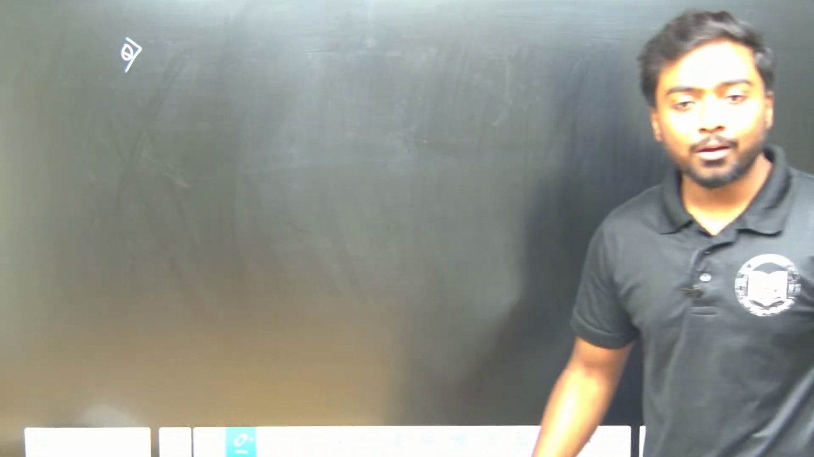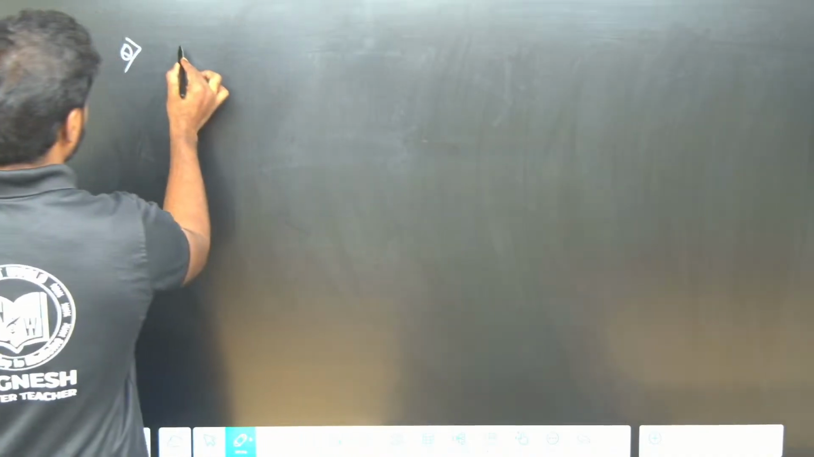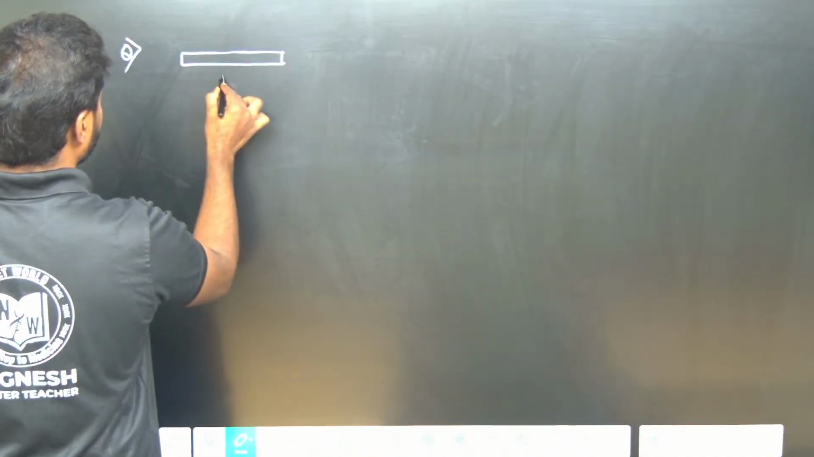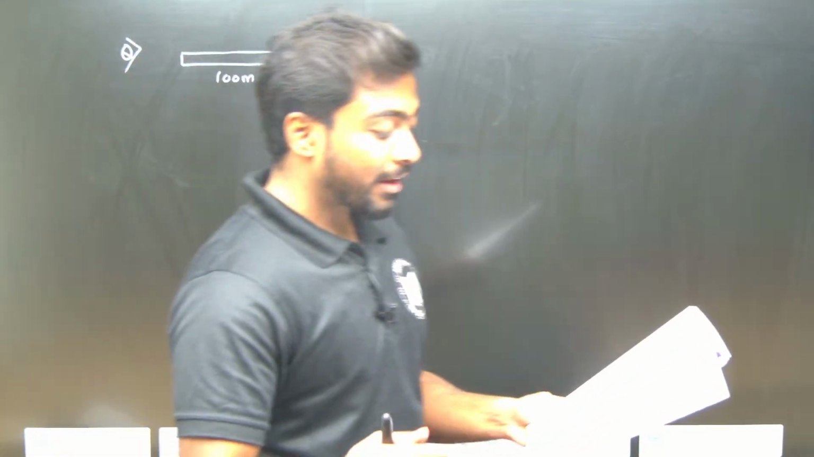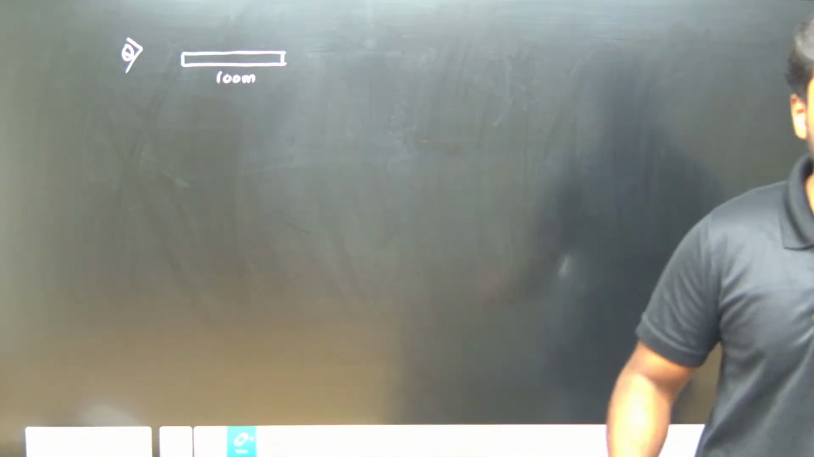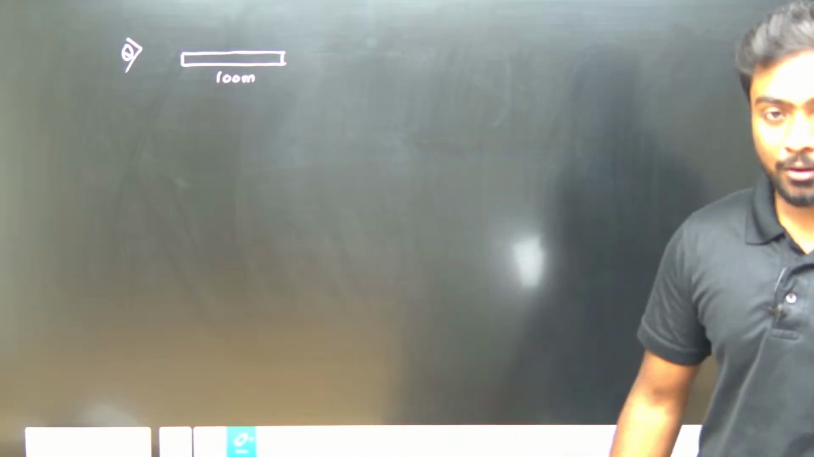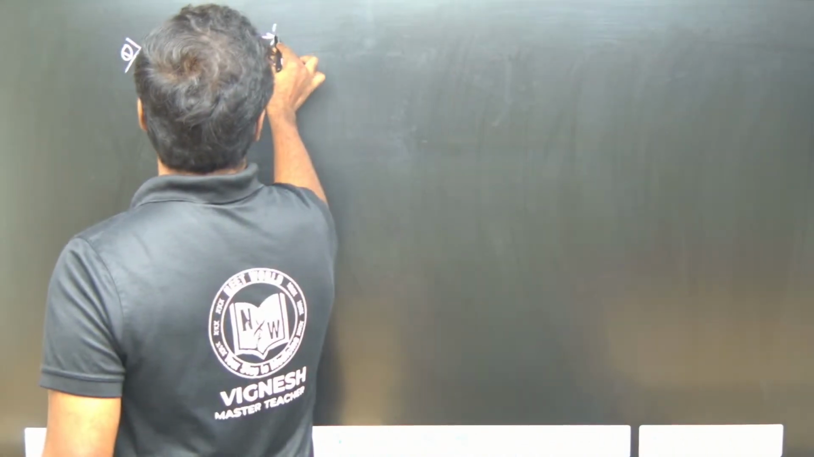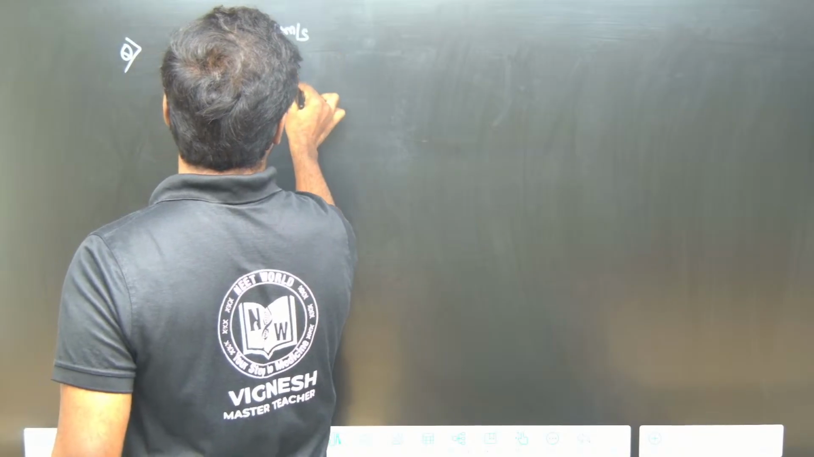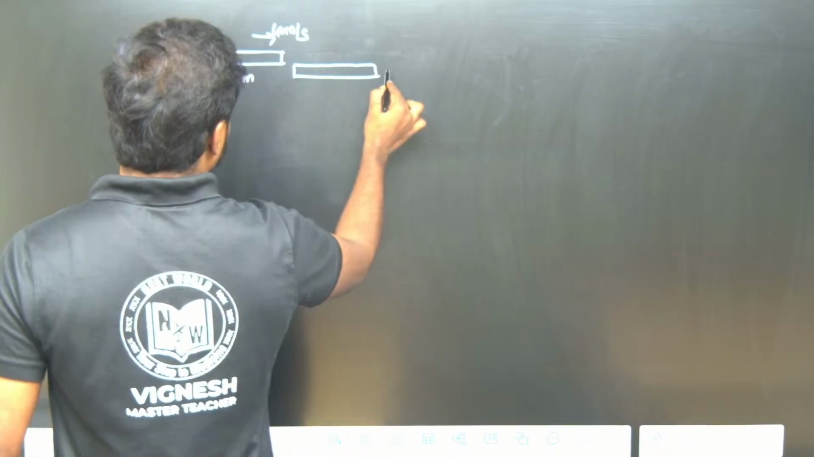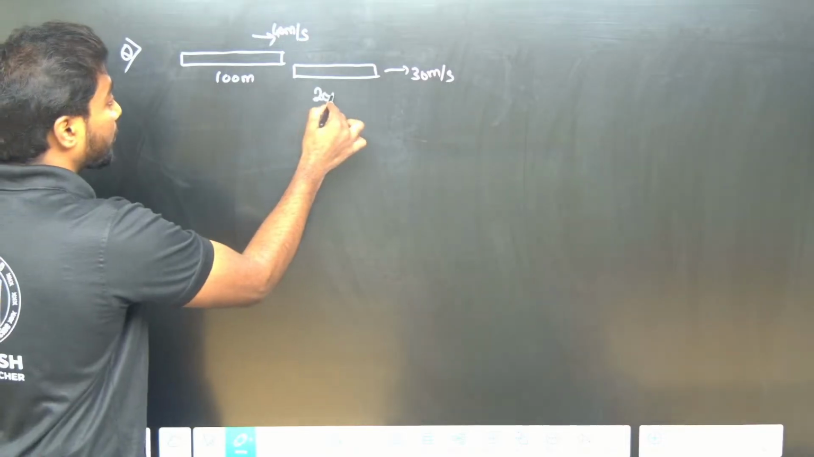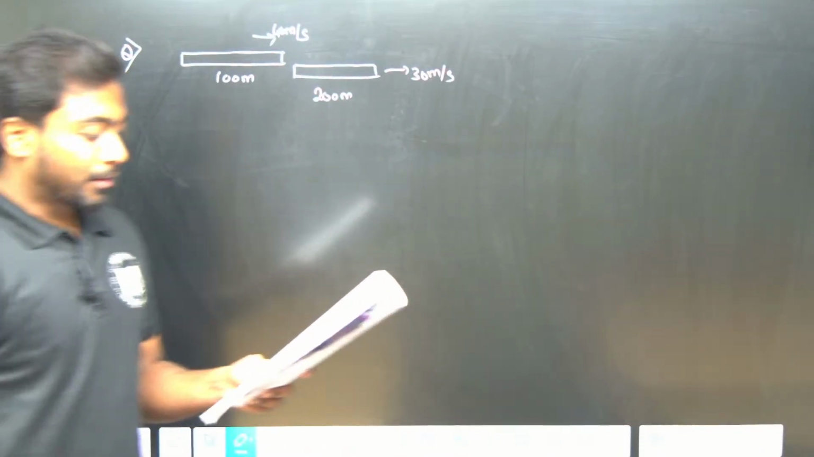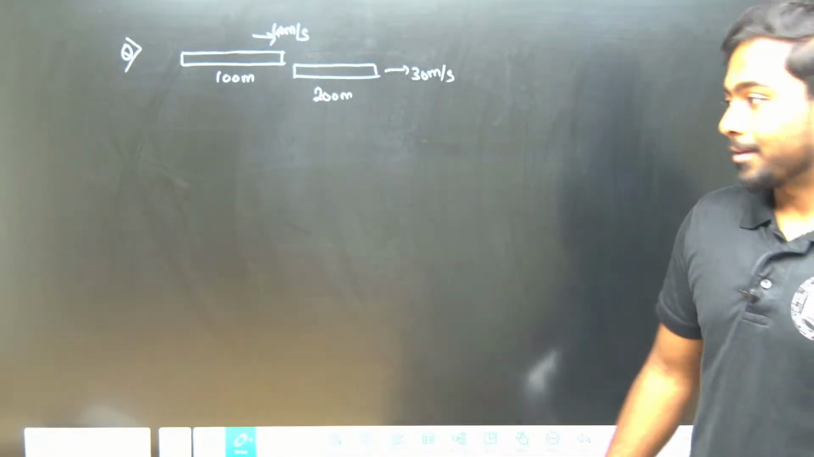let me read that question. A 100-meter long train, traveling at 40 meter per second, overtakes another train, 200 meter long, which is going at 30 meter per second. The time taken by the first train to pass the second train is,